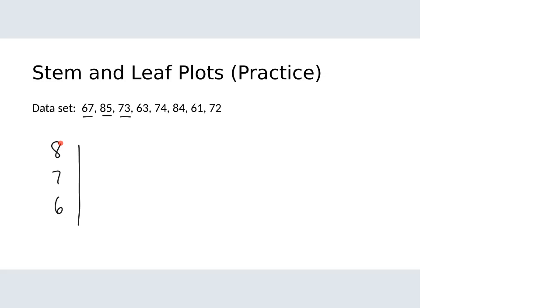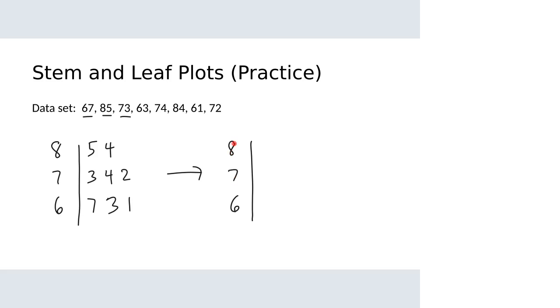And I have 67, 85, 73, 63, 74, 84, 61, and 72. And so I can see that the 60s and 70s have the most, the 80s have the least at a quick glance. And then to refine this, I'll rewrite it with my 60, 70, 80, and I'll go least to